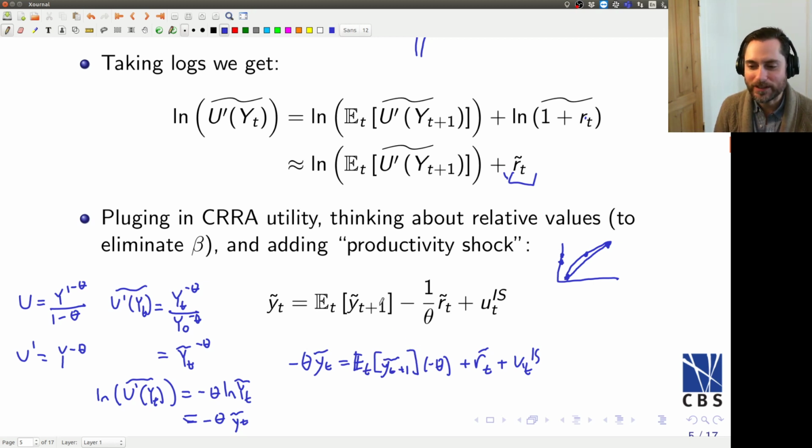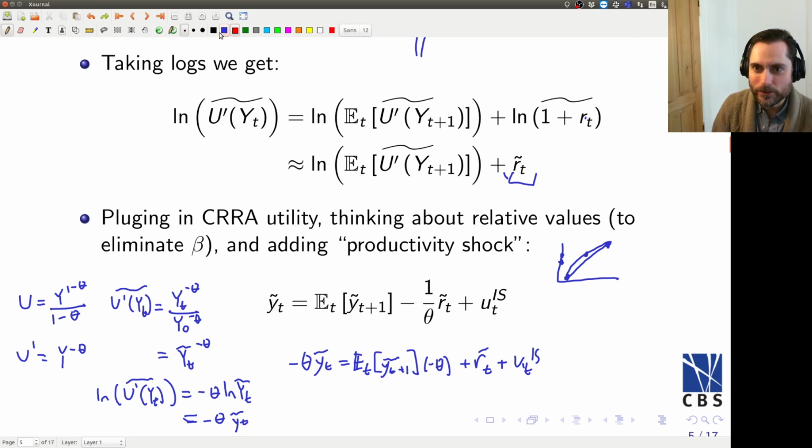Now I think you could make an argument that as long as yt and yt plus 1 are not too far away from each other, or maybe that wasn't quite the right way to put it. As long as yt plus 1 and the steady state level of yt plus 1 are not too far away from each other, I think you could argue that this approximation is okay. But I'm not going to do that. I'm just going to go with what's in the textbook, and just remind you that there's a bit of hand waving going on here. All right, so let's divide both sides in this last equation by negative theta,